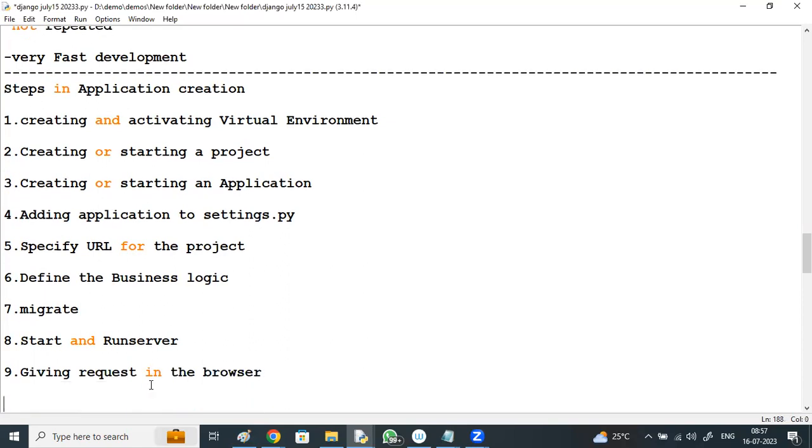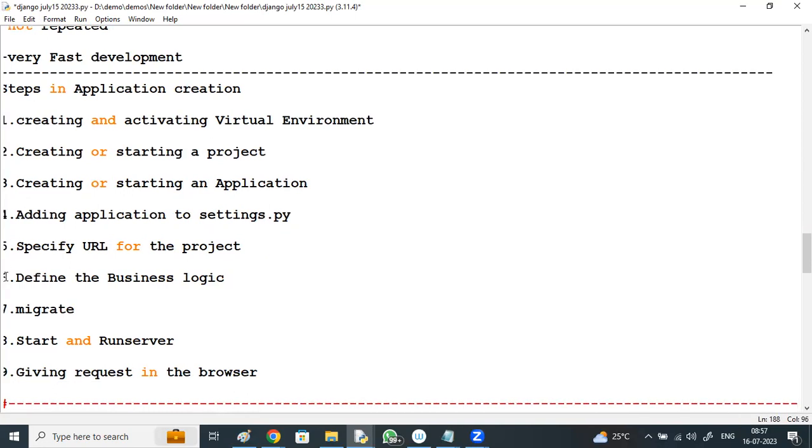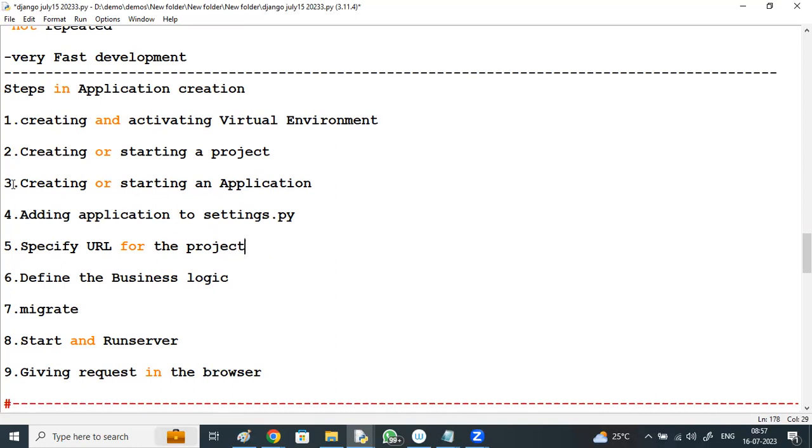So these things I'll be discussing in detail later, right? But just now I'm giving an overview of a sample application. We still didn't discuss anything about creating a virtual environment, activating a virtual environment, and many of these things. Okay, just to show a sample web application, so I'll open